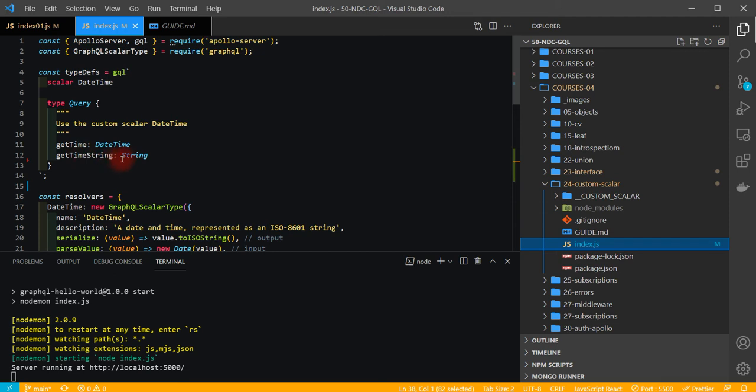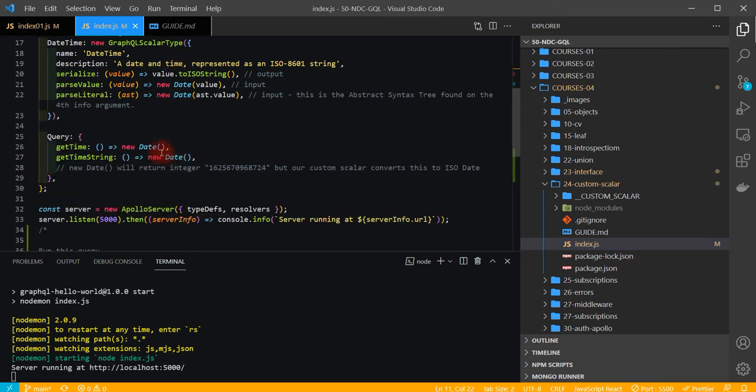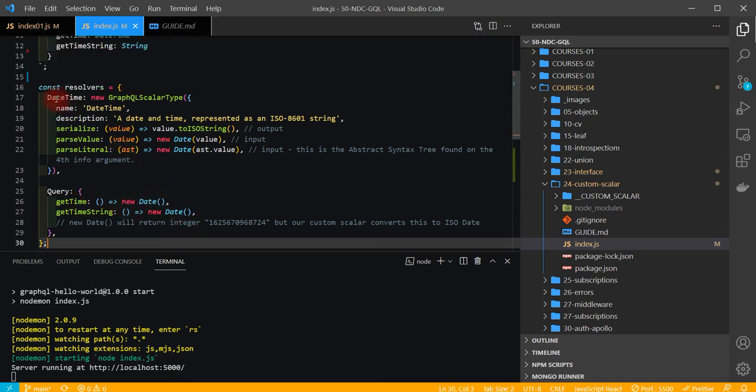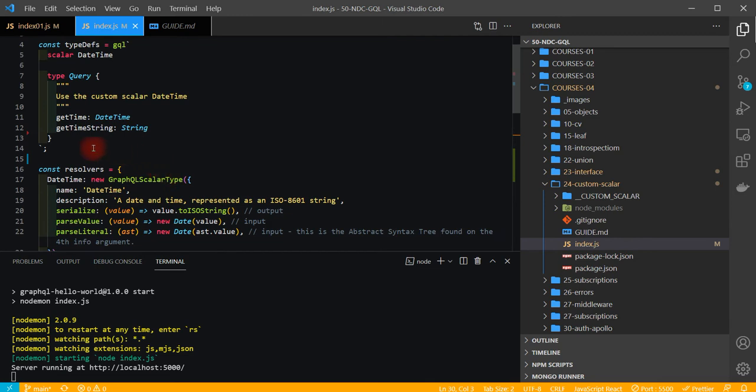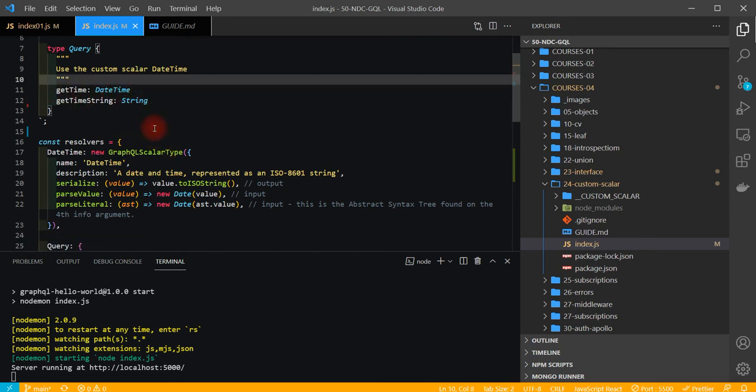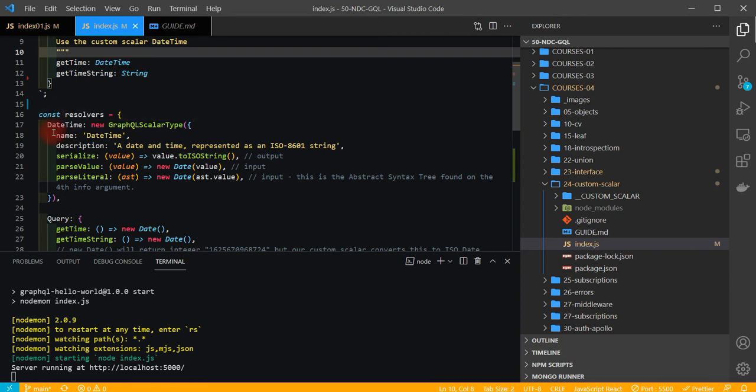The get time string just returns the string in terms of the date now, so when we run that we get time, it just returns the date. When it returns the get time string is the new date, the get time is also the new date. But what we'll notice here is that the date time, we can change the definition time. So for example, get time here has date time, and we're declaring our new top level type called date time,